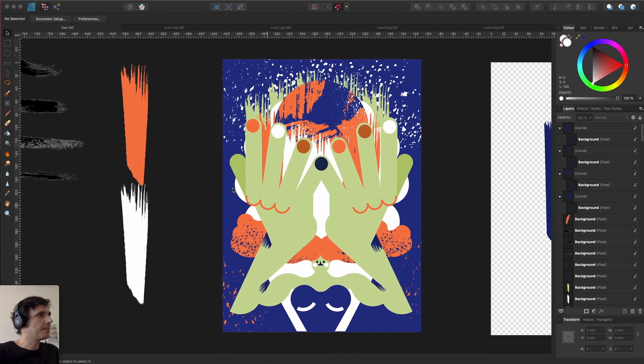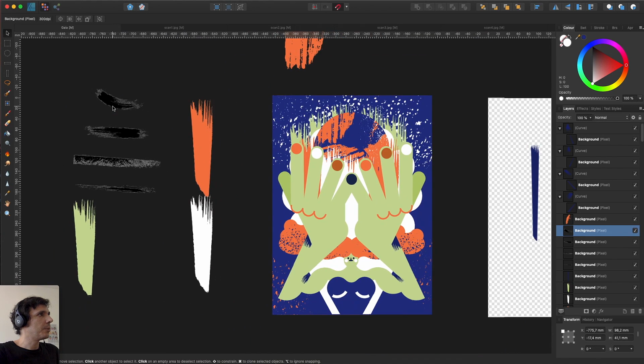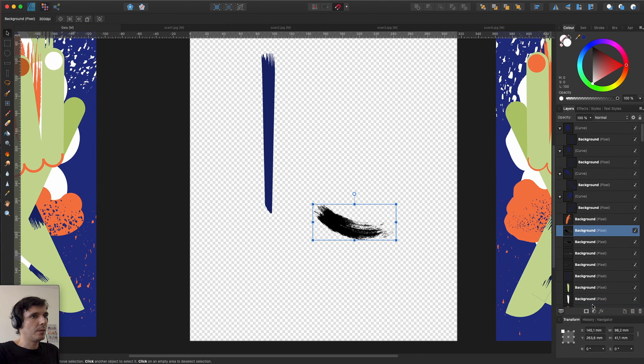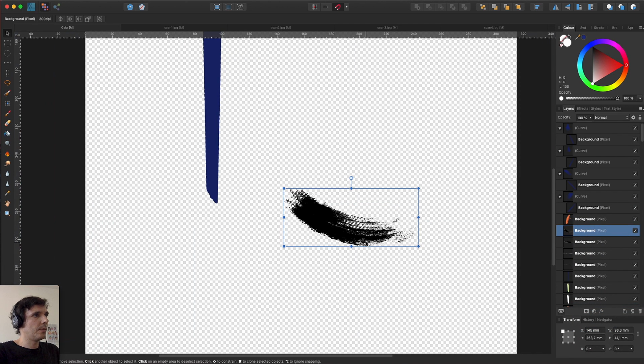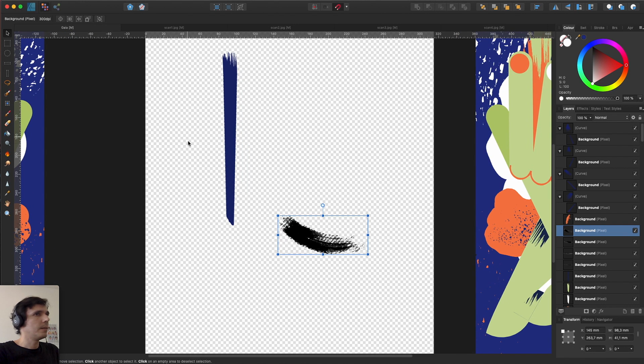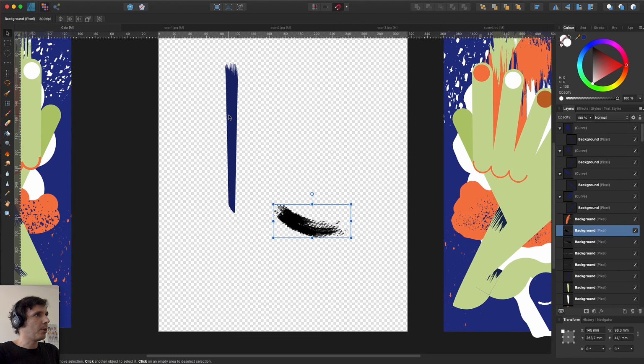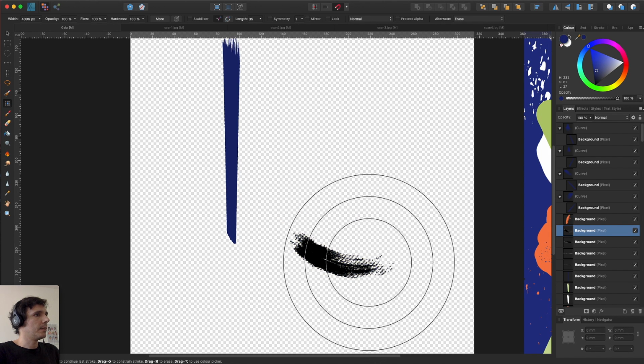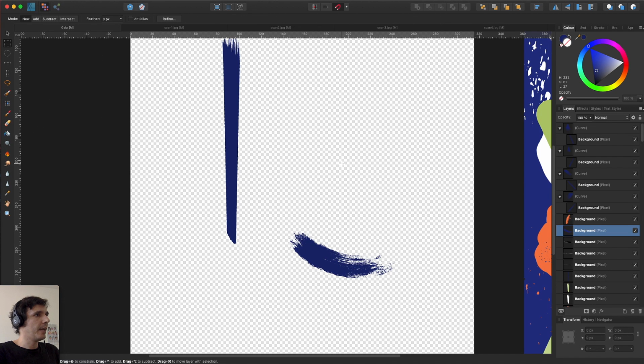Let's go for the neck now. Let's do the same, but with this one. So hit here. Let's select. Let's do the same by hitting Command and selecting the layer. Now, for this one, we are going to need the same color as this one. So let's pick this blue as the main color. Hit the brush, and here we have it.